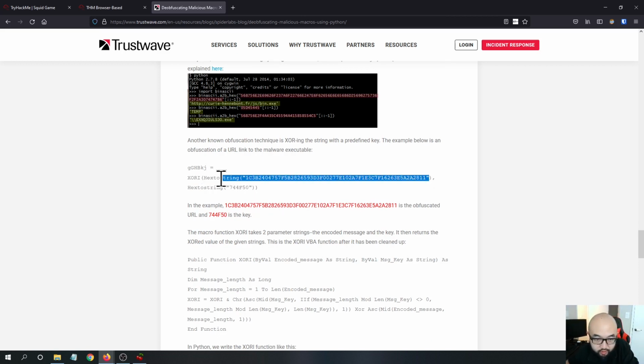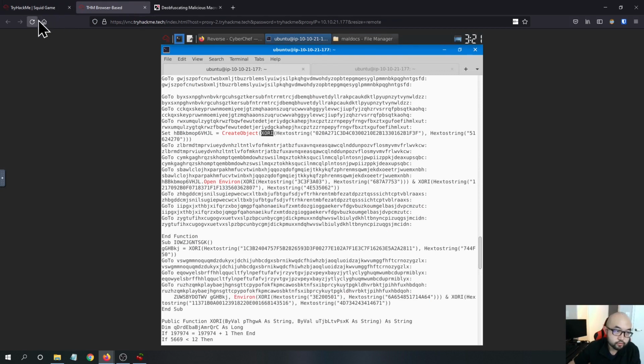So we have two hex to string. We can see another known obfuscation technique is XORing the string with a predefined key. The example below is the obfuscation of a URL link to the malware executable. In this example, this string here is the obfuscated URL, and this string here is the key. So we know that, if you read that link here,